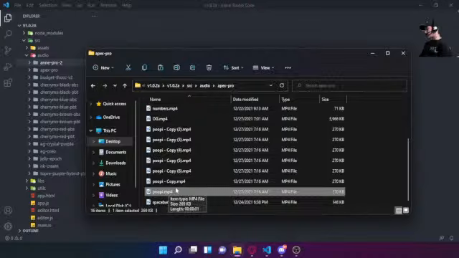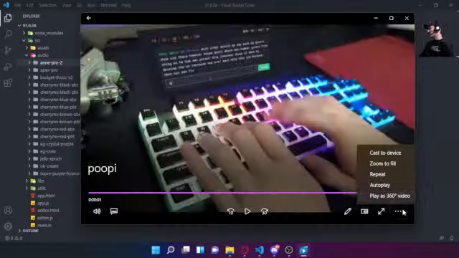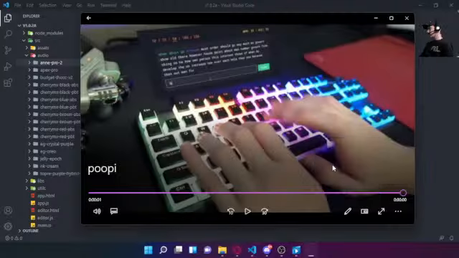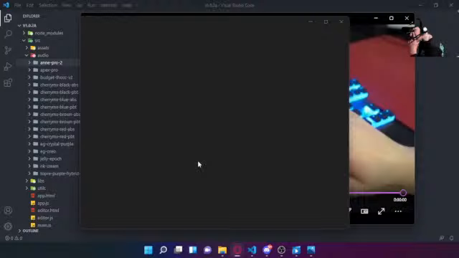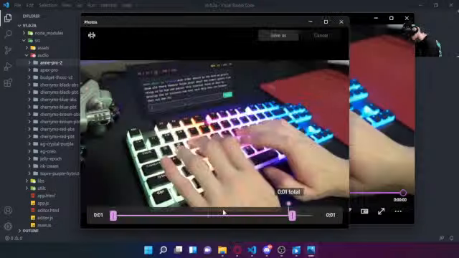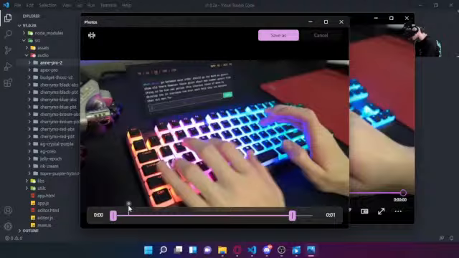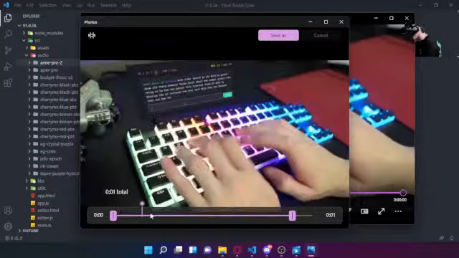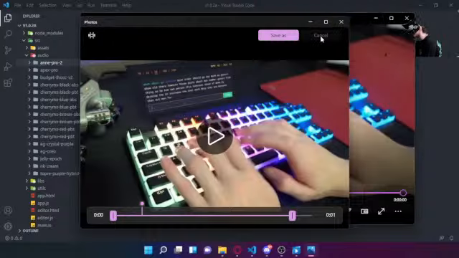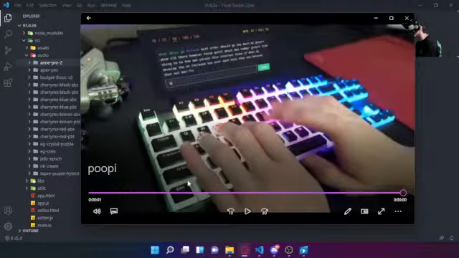So now we're going to open this up. This will be our spacebar. So we are going to go ahead and edit, trim. And this will open up a new window here. Now what we are going to do is find the spacebar. So that'll be right there. So why is it not trimming? Okay. You know what? Maybe we'll have to use